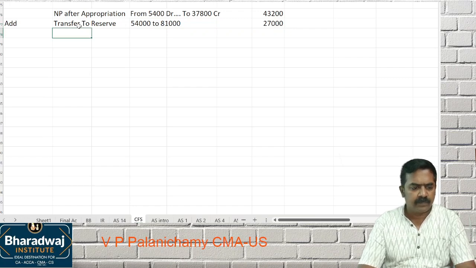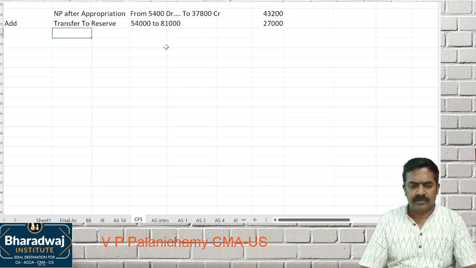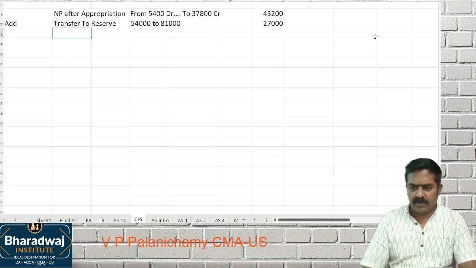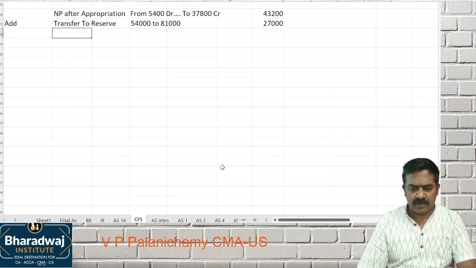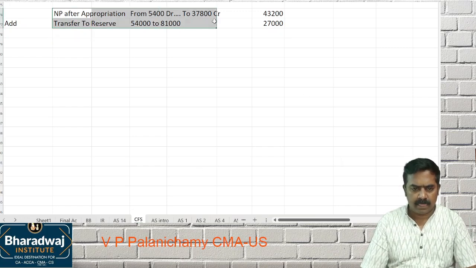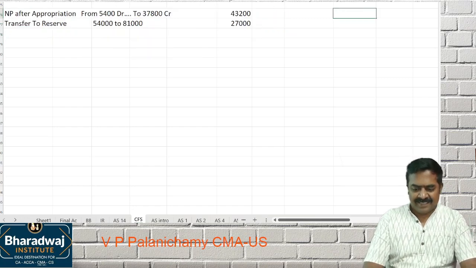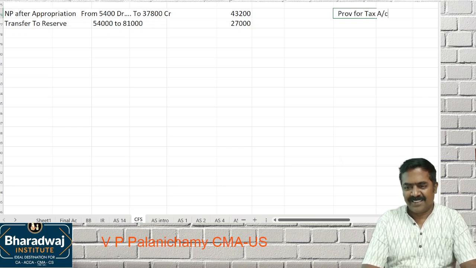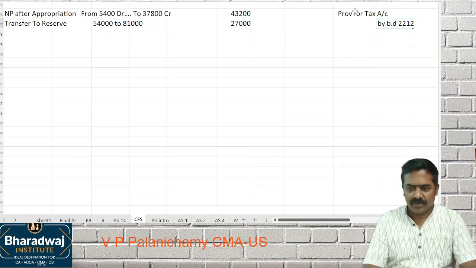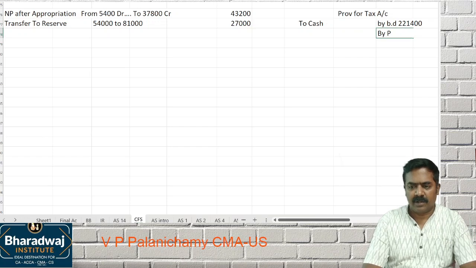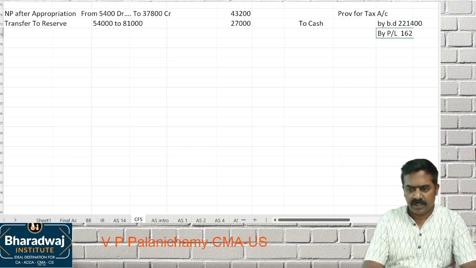Then, okay, let us prepare the provision for tax account. Provision for tax account. How much is the opening balance? To 21,400. What is the tax paid given? Provided is given by P&L account. How much is given? 162 is given. To balance carried down